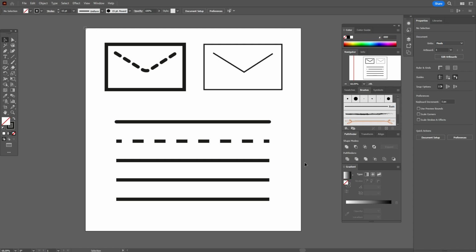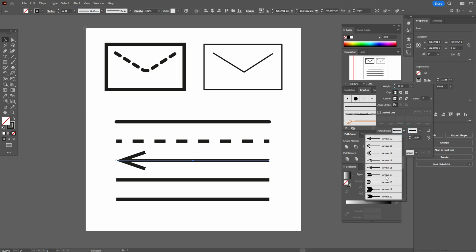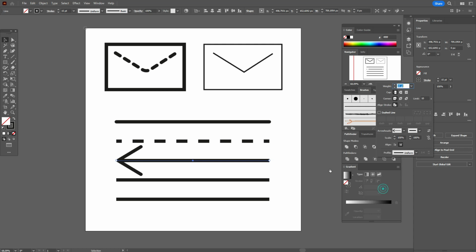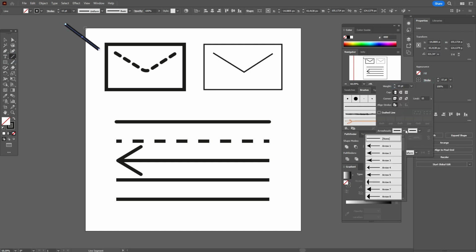Next, sometimes you need arrows in your design. For example, you need to create an infographic and to show some information. You can make it as well with the basic options of stroke. Select that stroke, go to the stroke and select here the arrow you like, for example this one or maybe that one. So you create, for example, a line here, select here an arrow,